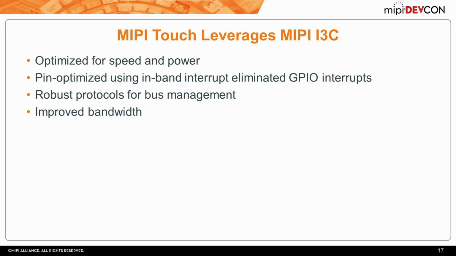It understands how to deal with traditional solutions, different speed solutions, all hanging off the same bus. That's already part of the spec. So for us, that's not a solution we have to go worry about. We just adopt exactly what I3C already has, and we leverage it directly, which makes it an additional benefit to our end customers. And the last one is the improved bandwidth.